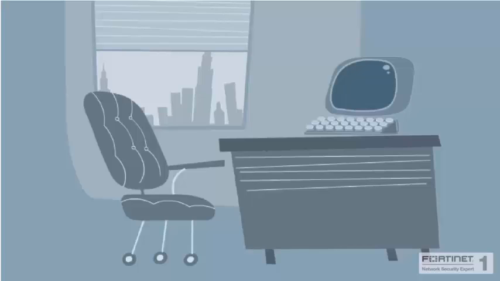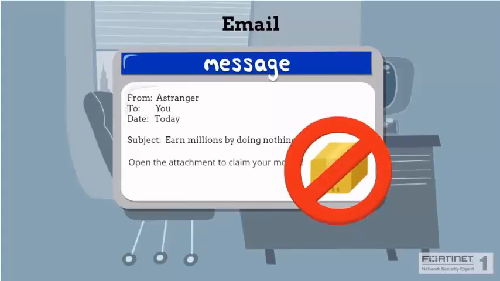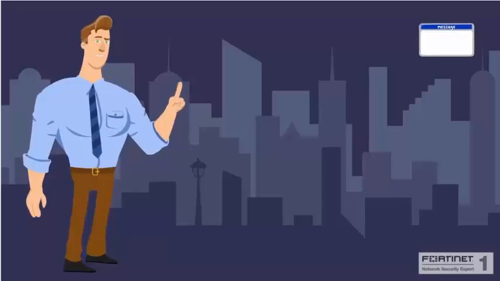Now let's talk about email. Email accounts for over 50% of malware transmissions. A common form of these malware transmissions are in the form of attachments. If you get an email that has an attachment and the email is from someone you don't know, you probably shouldn't open the attachment. Let's back up and talk about how these emails got to you in the first